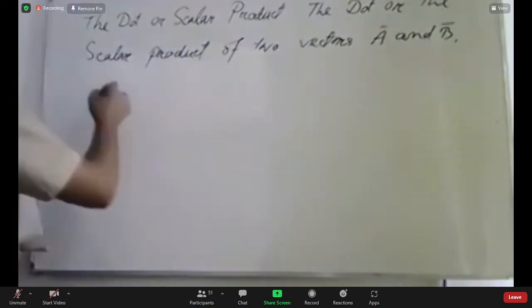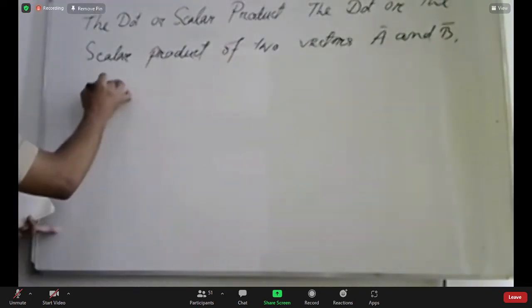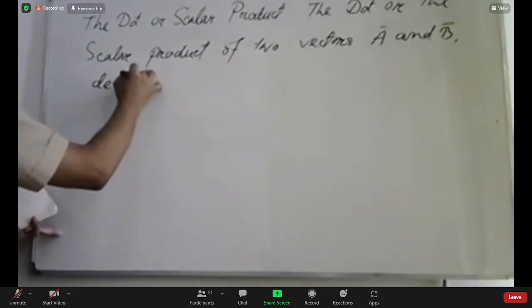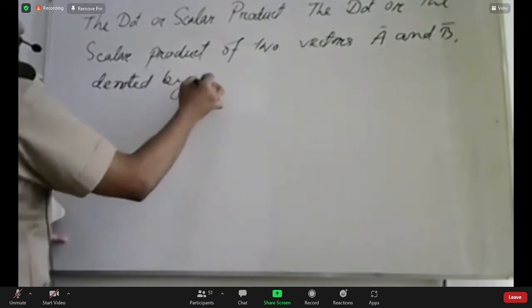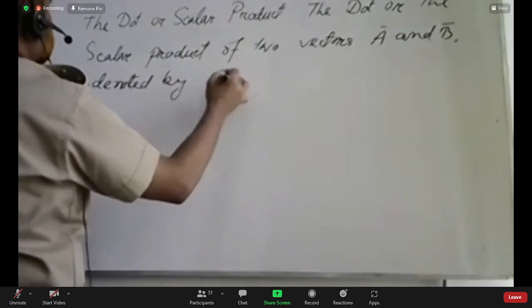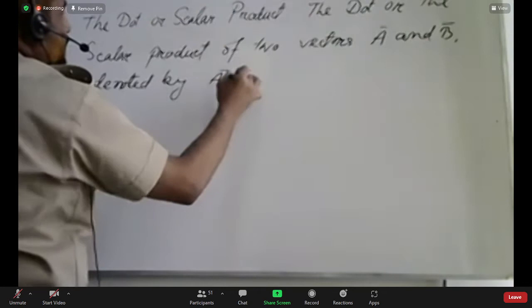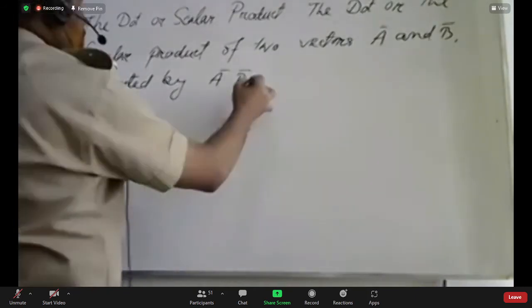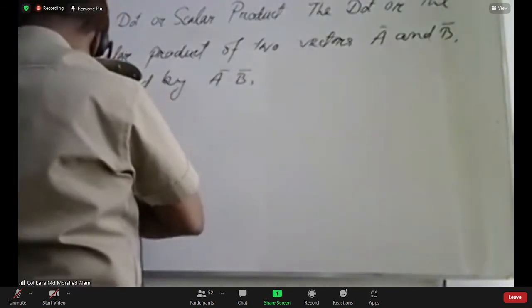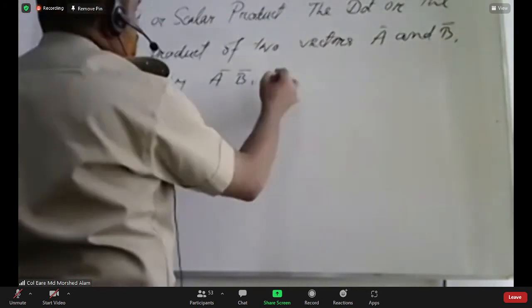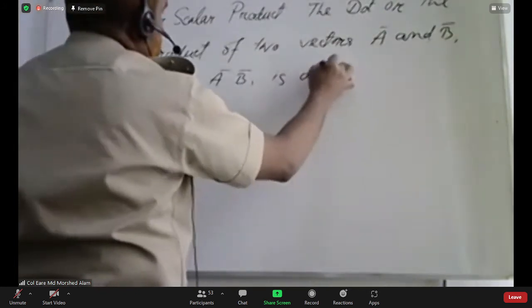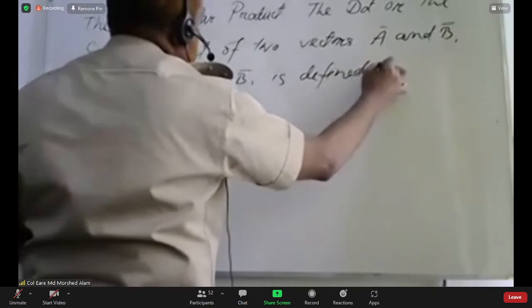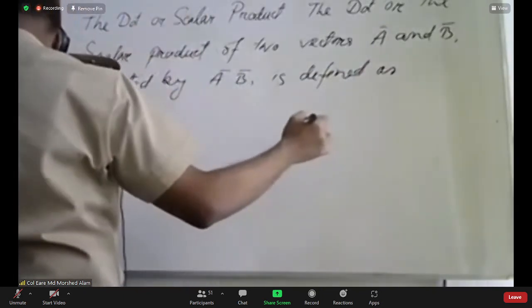It is denoted by A dot B. It is read as A dot B and is defined as the product